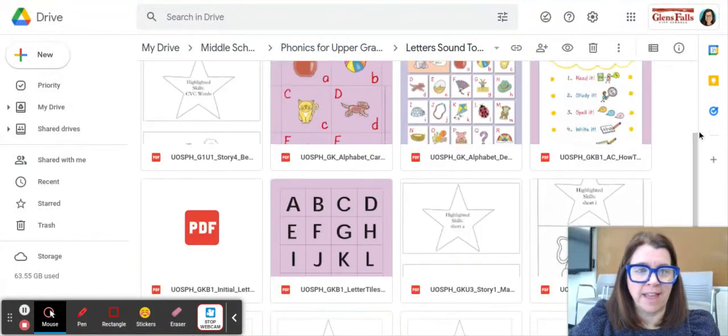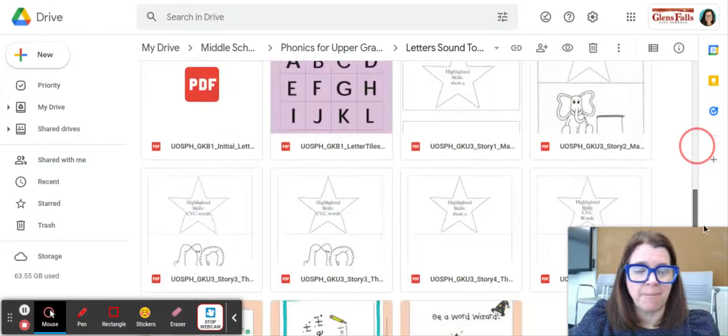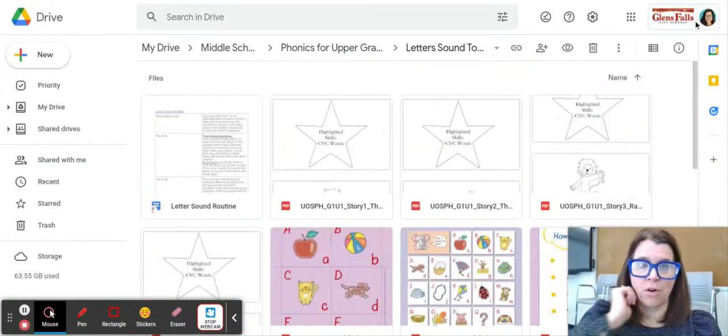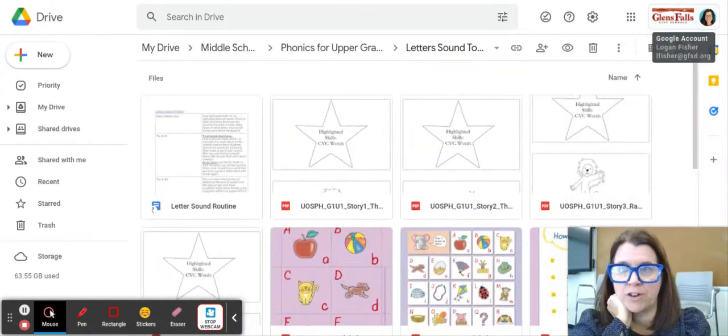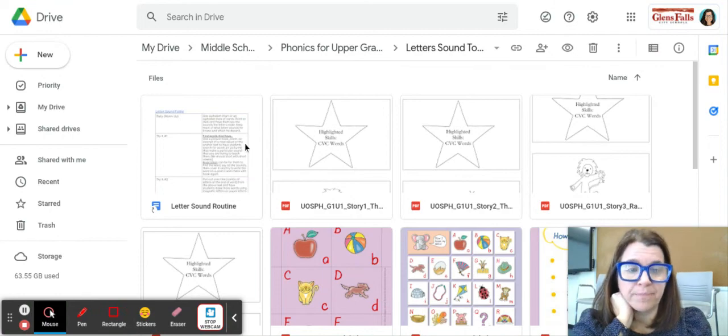And hopefully you'll find that there's a lot of things in here that you can use to create your own lesson. So that's what you're going to do right now. You're going to go look through this folder, maybe add some things to folders that you have or that you've found across the years. And then, using this protocol, how might a small group go for kids that are in letter sound phonics